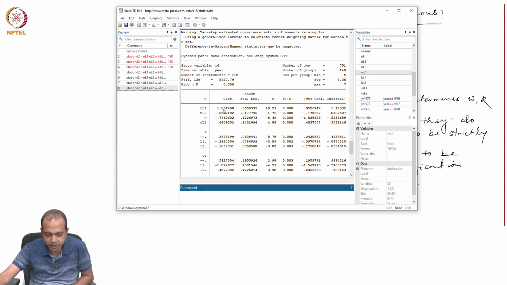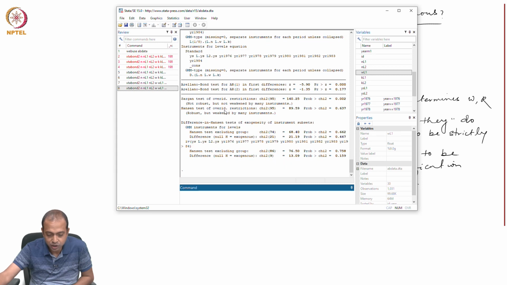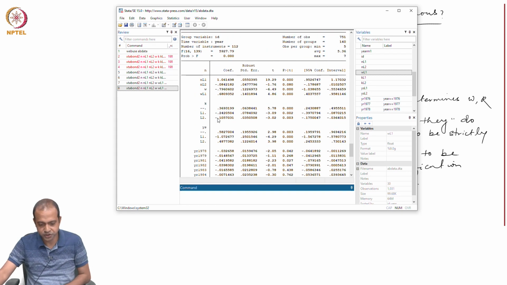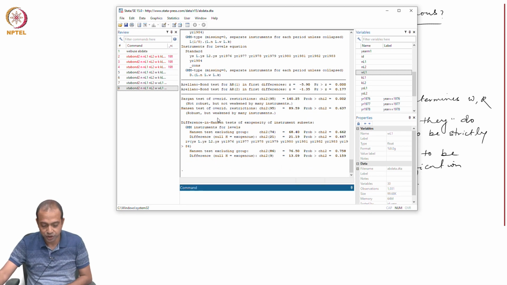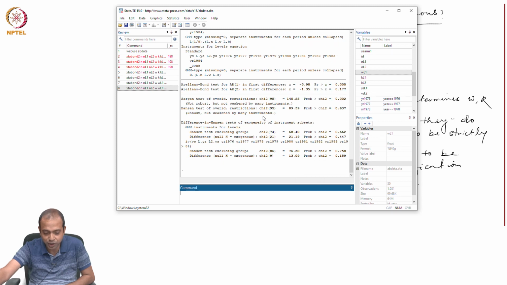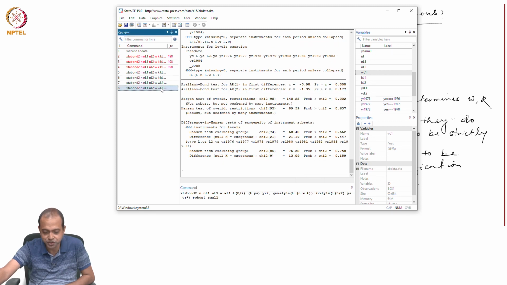When I am doing this, then again NL1, which was lying earlier within the interval, is now going to 1.06. So, what I have to do is, when I am doing system GMM, I need to estimate, instead of one step system GMM. One step system GMM has a problem. What is the problem? I will discuss that later. So, for the timing, I will estimate a two step system GMM model.